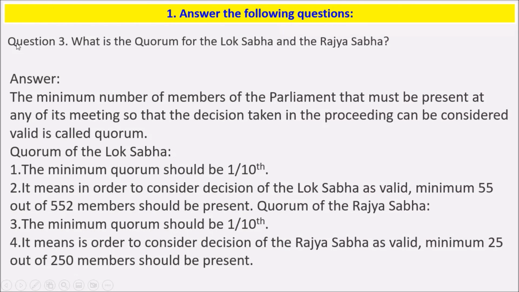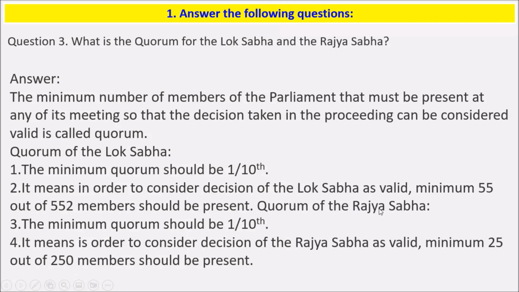Next question is, what is quorum for the Lok Sabha and Rajya Sabha? The minimum number of members of parliament that must be present at any of its meeting so that the decision taken in the procedures can be considered valid is called quorum. So the quorum for Lok Sabha, its minimum quorum should be 1/10. It means in order to consider decisions of the Lok Sabha as valid, minimum 55 out of 552 members should